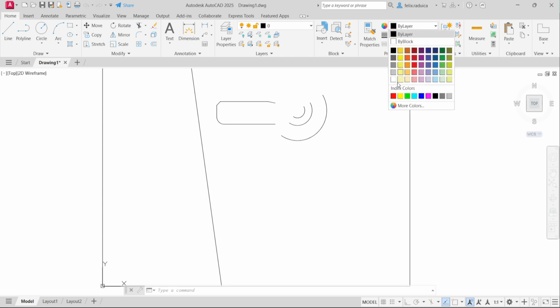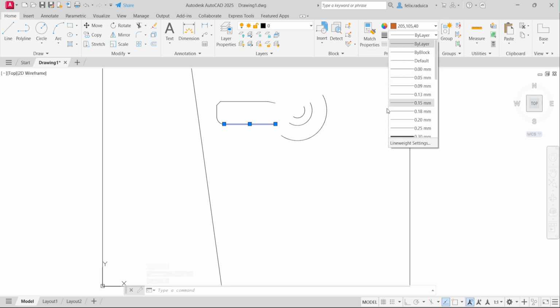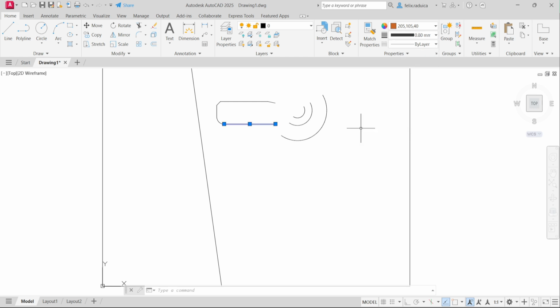So say I want to change the color of that line and make it this orange color here. Deselect with escape, and see that it changed color. Let's select it and try to change the thickness. So I want a thicker line, 0.8,